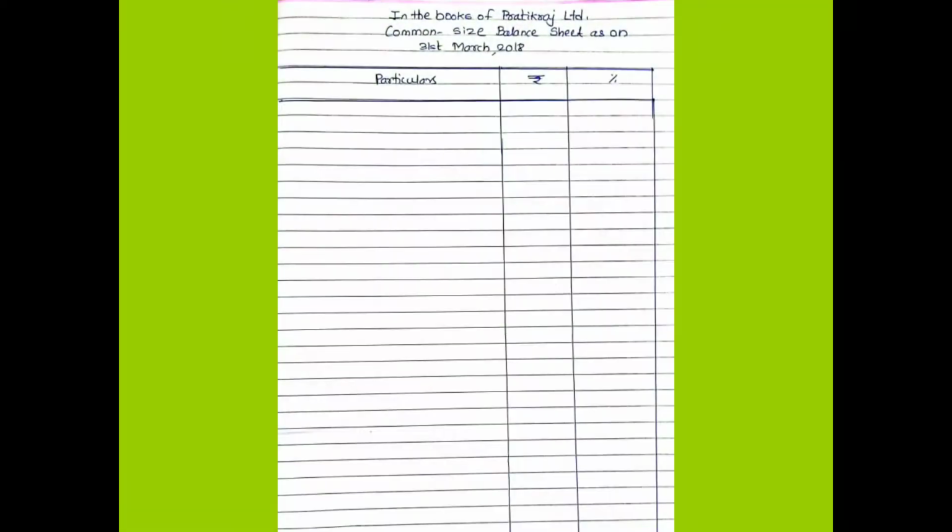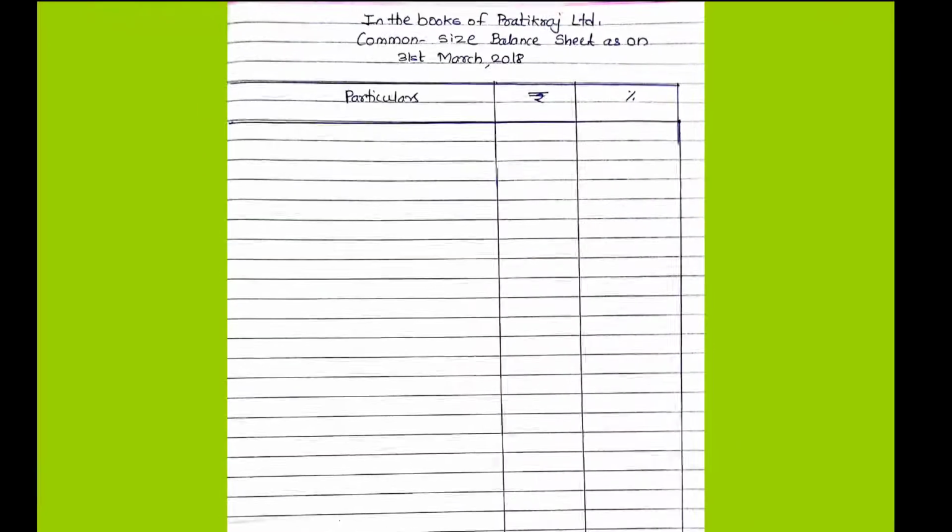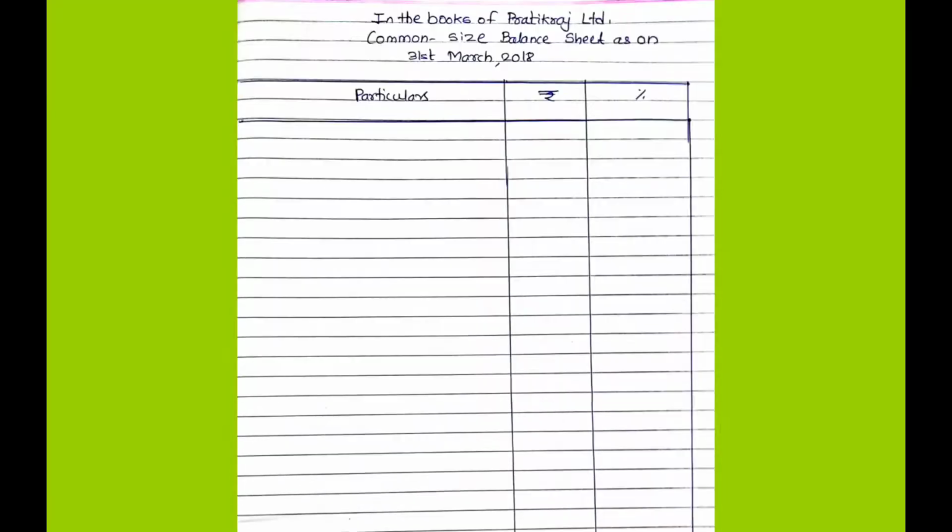We have to draw the table like this. Give the heading: in the books of Pratik Raj Limited, common size balance sheet as on 31st March 2018. First, the particulars column, here we are going to write down all the details of the balance sheet. All assets and liabilities names will be written here.